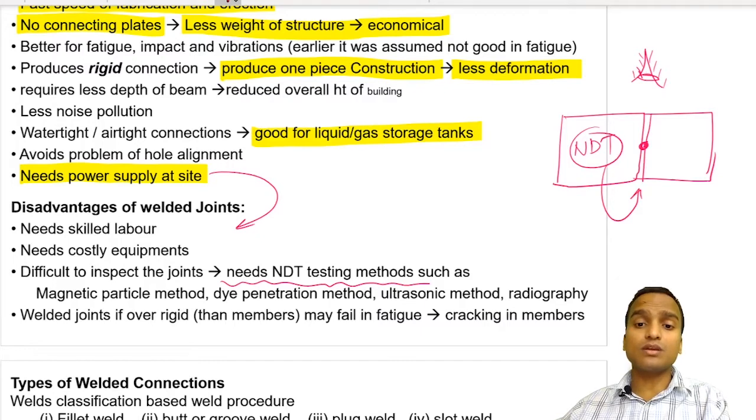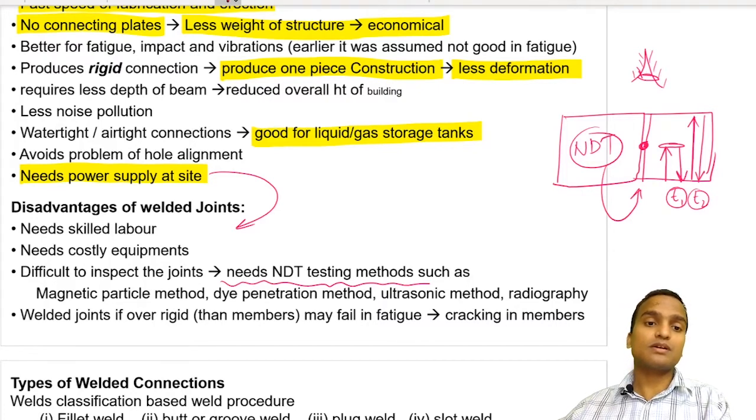In the ultrasonic method, it sends ultrasonic waves, and those waves go there and strike the crack and return back, and there are a few waves which go up to the boundary and return back. In this we measure the velocity and the time for the waves. So there is a difference in the times T1 and T2, and of course we can identify the depth of cracks in the welded joint by NDT testing.